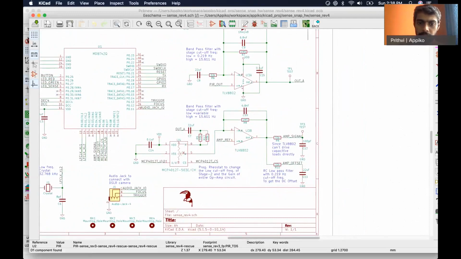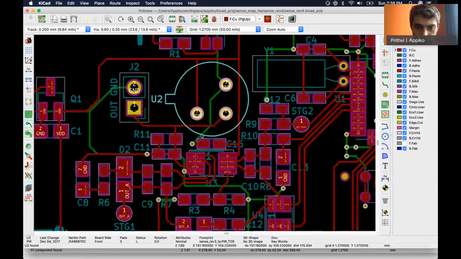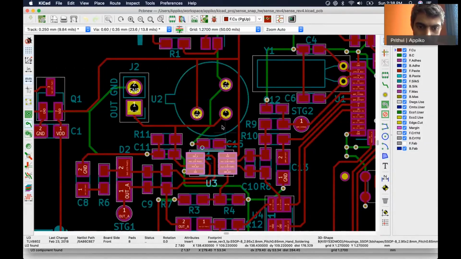As you can see, from the PIR motion sensor, the signal has to travel a very short distance to go to the op-amp for the band pass filtering. This trace length is kept short by design so that there is lower chance of noise being picked up.